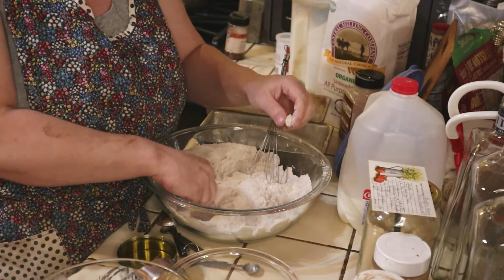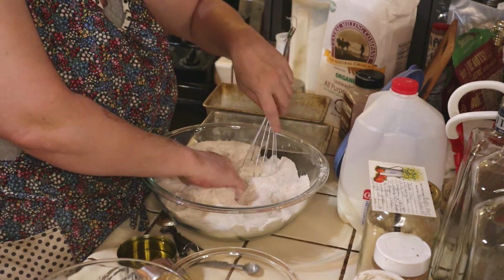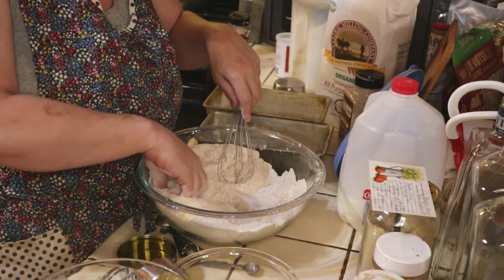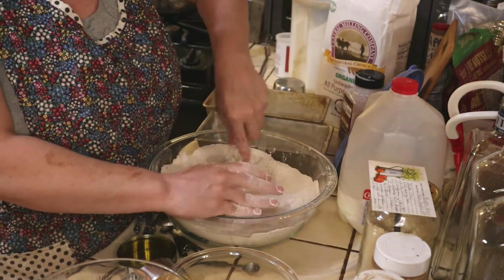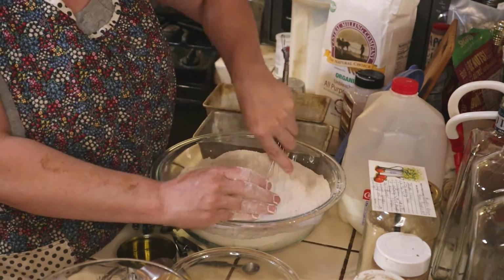Oh, that's a really hard brown sugar piece. All right, so got all these hard pieces. I forgot to crush up the bag a little bit better. Okay, this smells really good. I love the smell of pumpkin pie spices. All right,